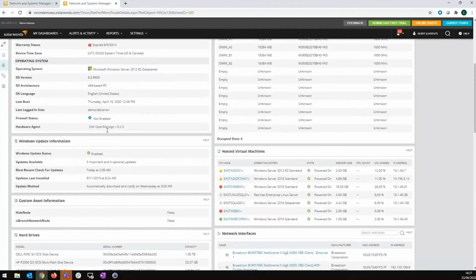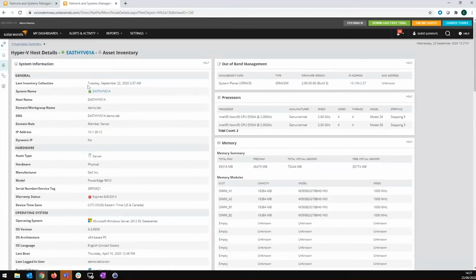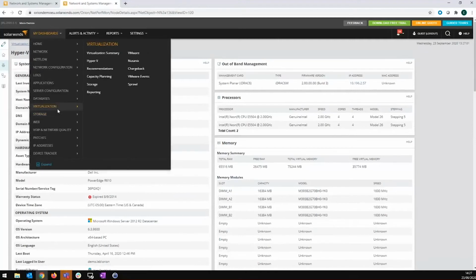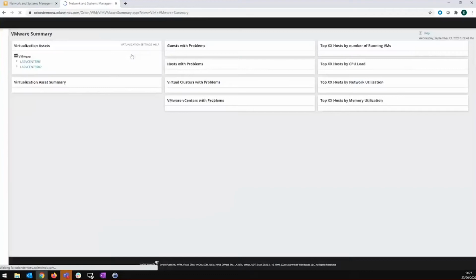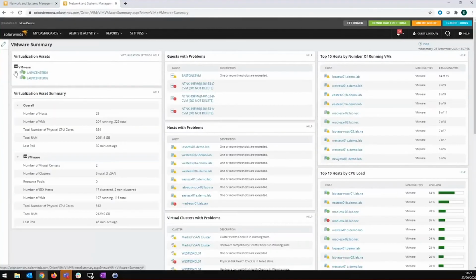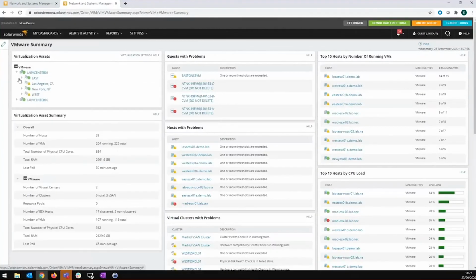So this is what is available in the Server and Application Monitor module in terms of monitoring the physical health of HP servers. When we start talking about virtualization, this is again more generic, because we are relying on the VMware API to collect inventory information and also performance information of the VMware infrastructure.